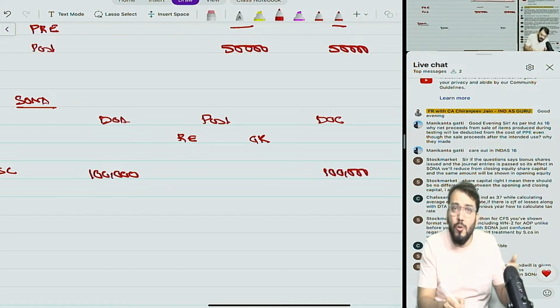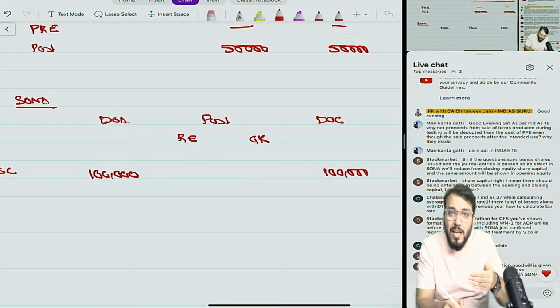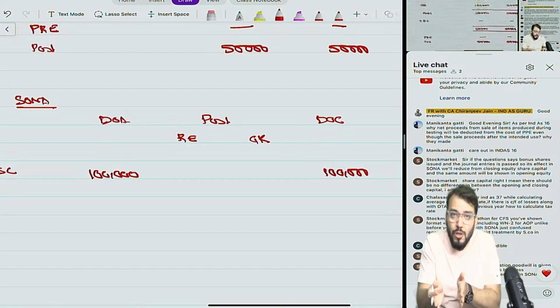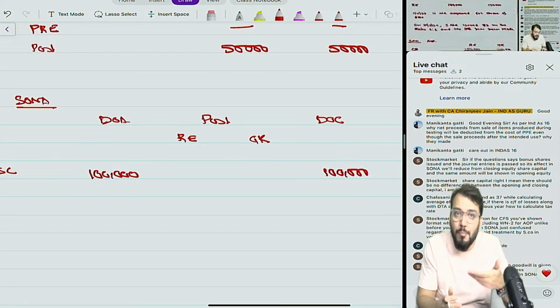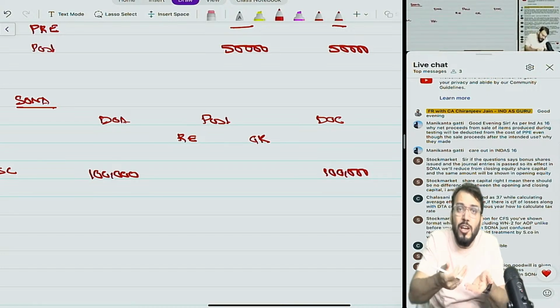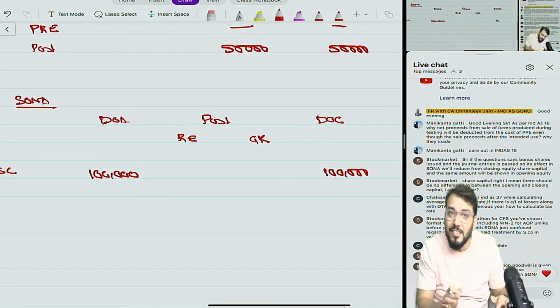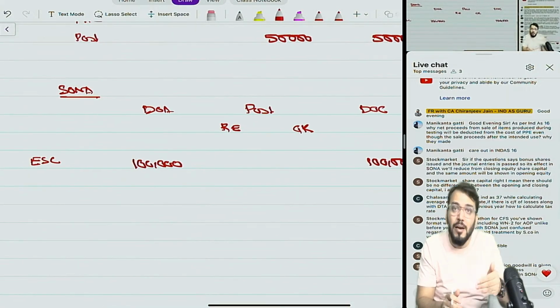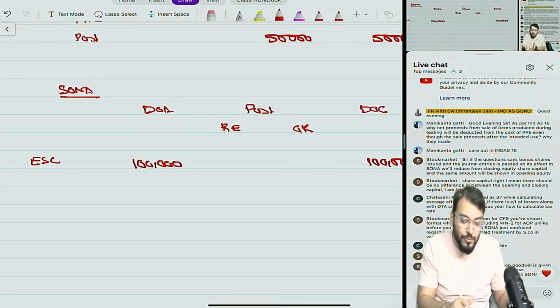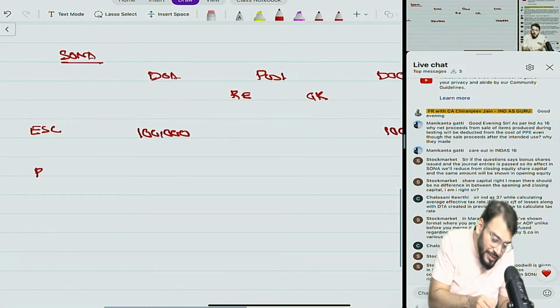Because the bonus share will not affect the net asset on that particular date, it should be totally ignored from this working note. Before the bonus year and after the bonus year the net asset remains the same. So even though you are passing any journal entry, the net asset will remain the same. Even if you ignore the entire effect of bonus, the net asset remains the same. I hope you are understanding. So whenever there is no journal entry of bonus shares, ignore the entire transaction for the adjustment in AOP and SONA. Understood this point? Correct.